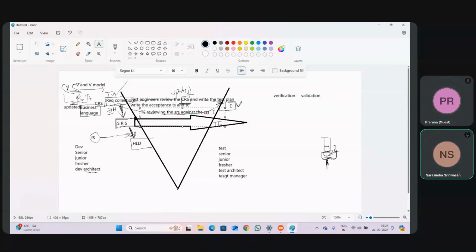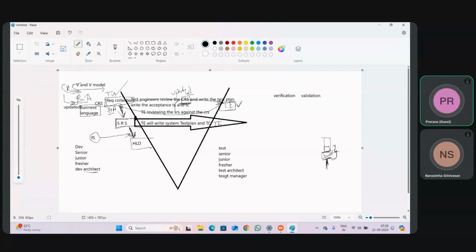Parallelly, test engineers will write the system test plan and test cases. Here, what we are doing: acceptance test plan, test scenarios, and test cases.